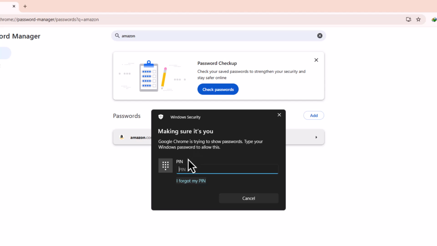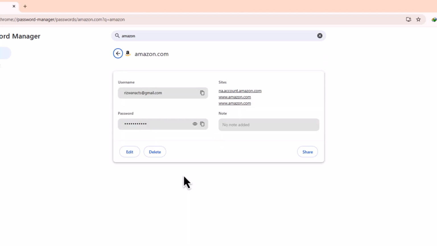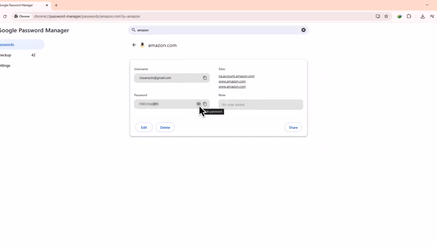Now, Chrome may ask you to enter your computer password or PIN for security verification. After entering it, your saved password will be visible. You can also edit or delete the password from here if needed. You can also share your passwords by clicking the Share button, and that's how you can view saved passwords in